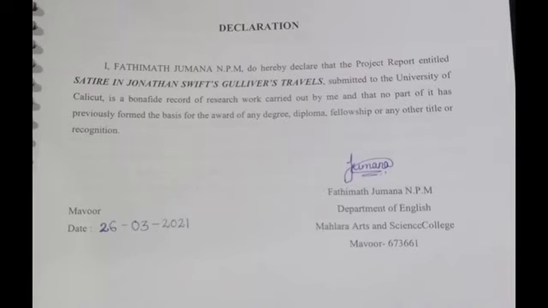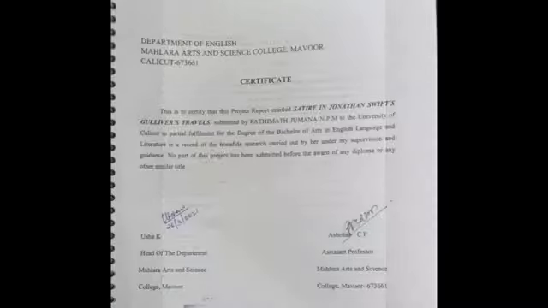Okay. The next page of the project report should be the certificate. Certificate means the certificate that your project guide is giving you. So at the top of it, in the left corner, you have to write the department and the name of the department, then name of college and place. Okay. Then in the center write certificate, and then in the certificate you have to write that this is to